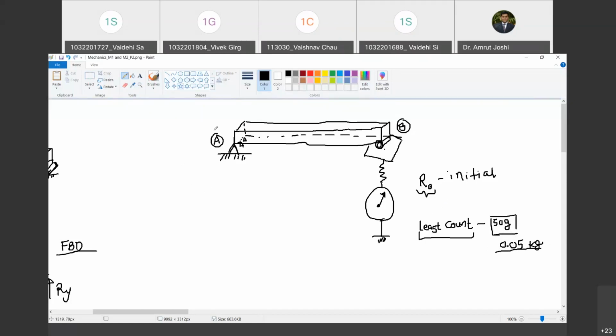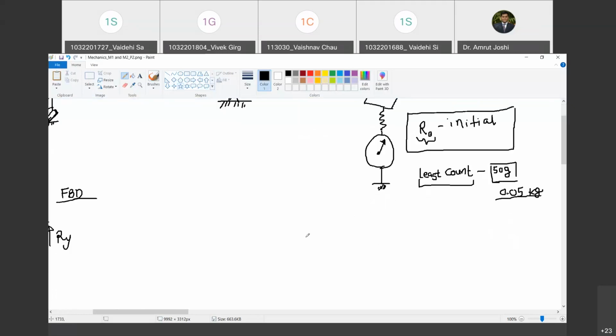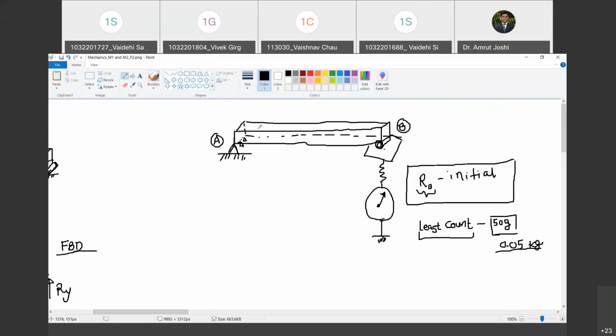Yes, sir. Okay. Now what are we going to do in this experiment? So in this, we are going to first record the initial reading R0. Happy? Yes, sir. Then at distance X, which will go on varying. So we are going to vary this distance X. At distance X, you will have a provision to provide a hook. To that hook, we are going to attach weights, masses M1, M2, M3. Are you with me? So let us say I have attached mass M1 at this location.